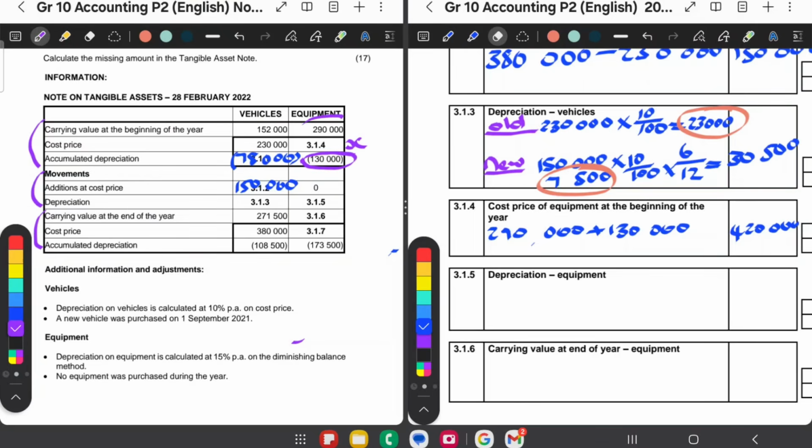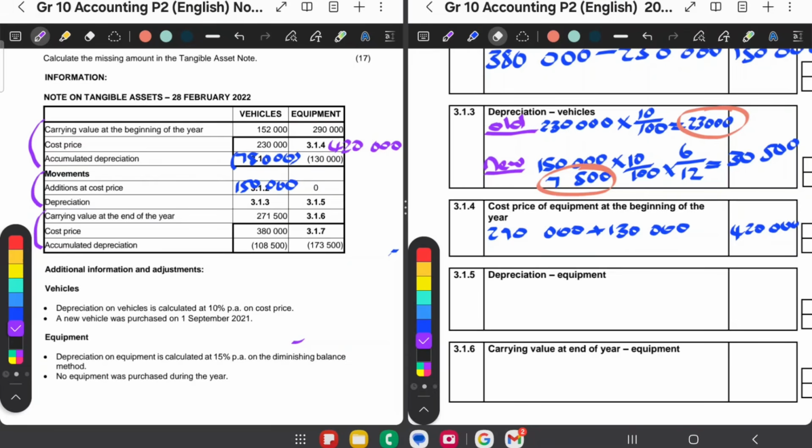X minus this will give me that. You can write here X. So let me do it in a different color. X minus 130,000 will give me 290,000. So X is equal to 290,000. And then it's a minus, so when it goes over, it's a plus. 1,000. And this is 420,000. So that's just another way of doing that. Okay, so let's put in that 420,000 there. So this is